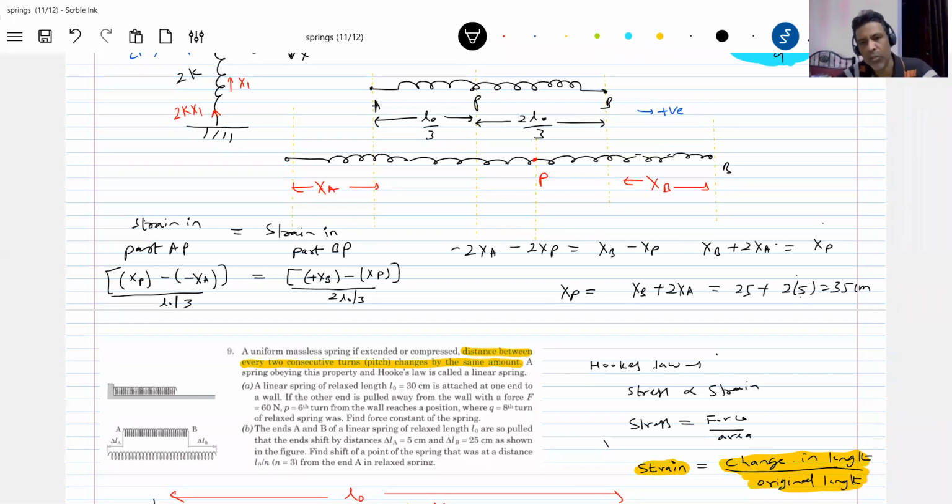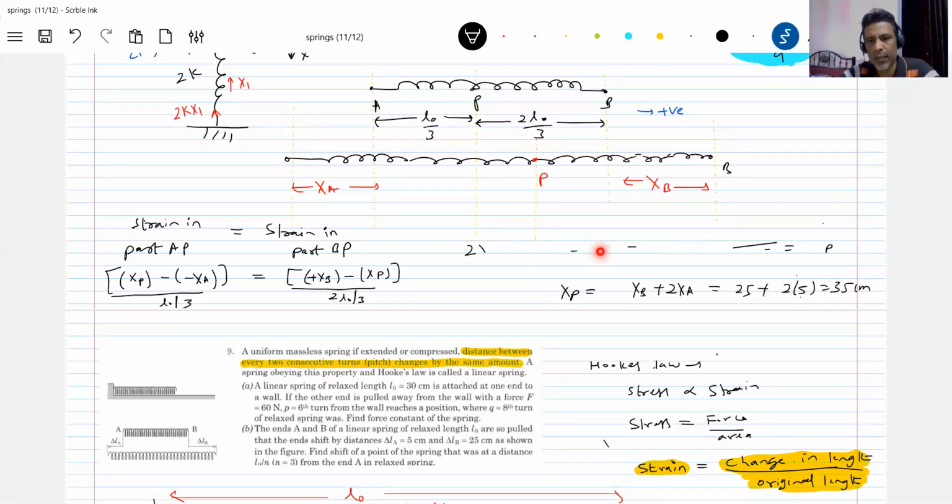Now you substitute and solve it. If you get XP negative, that particular point P is having displacement towards left. If you get XP positive, that particular point is having displacement towards right. Got the idea? Sir, I didn't get it. I'll just let me work out the calculation part, and I'll come to the explanation. So here this should be,